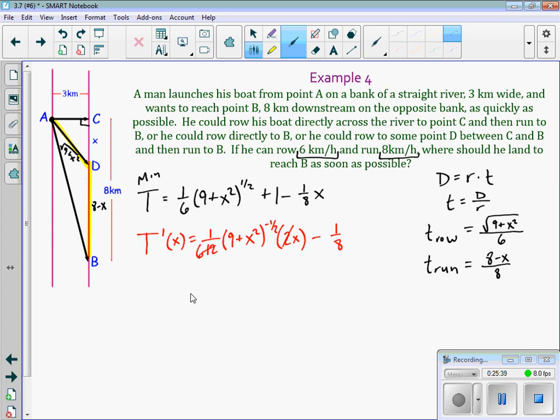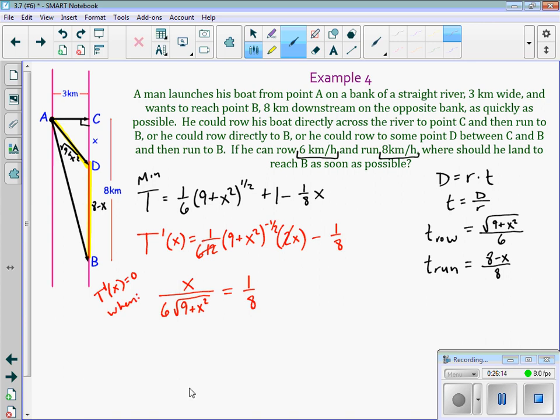So really we've got x over 6 square root of 9 plus x squared, or x squared plus 9, either way. And then I'm subtracting an eighth, and I'm setting that to 0, so if I add the eighth over, it would turn into that, right? So I'm going to write here that T prime of x equals 0 when,